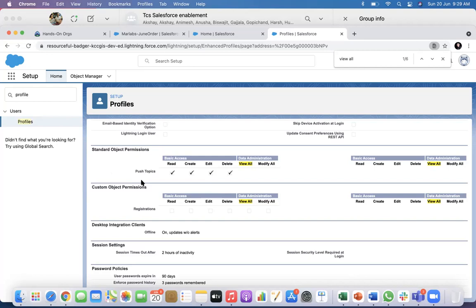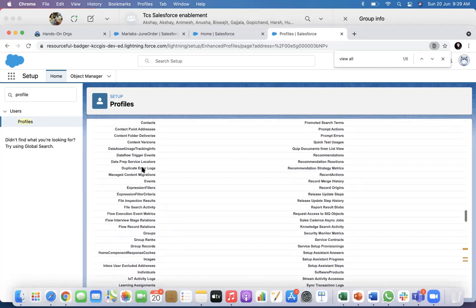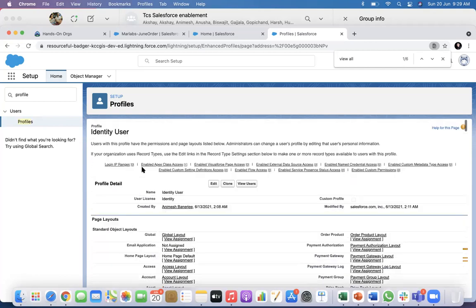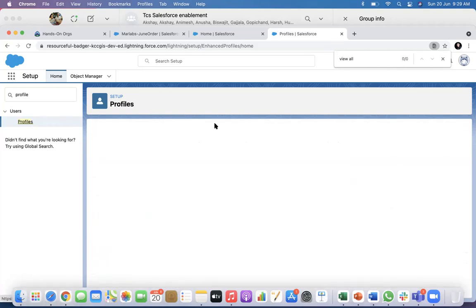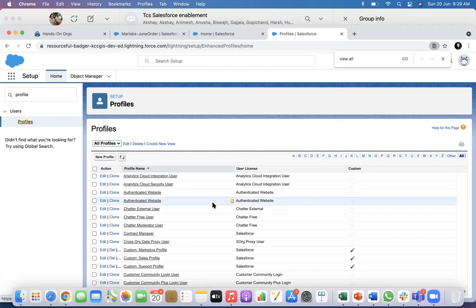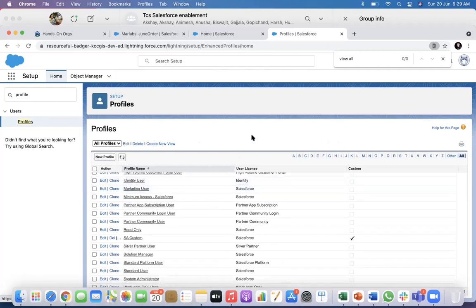Otherwise, it's not needed. Yeah, because there are limitations on the users. Like for standard user, we can create 2 users only. And for Salesforce also, we have the limitation of 3 users only. This is only for this dev instance. So it's not that it is a limitation on Salesforce as a whole. It's just on your playground or your dev instance. You have some limitations. That's it.